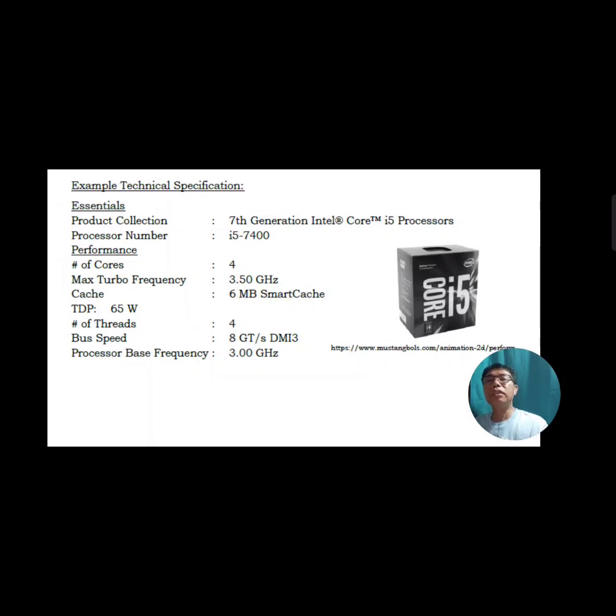For the performance, we have the number of cores, of course 4. Max turbo frequency 3.5 GHz, cache 6 MB, TDP 65 watts, number of threads 4. You have noticed that the number of cores is the same as the number of threads. Bus speed is 8 GT per second. Processor base frequency is 3.00